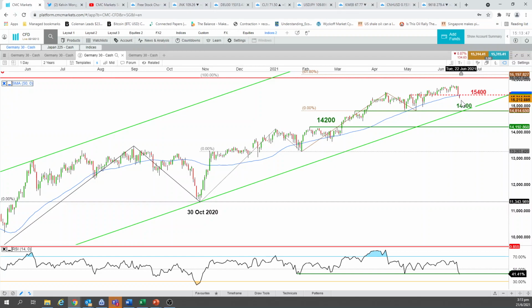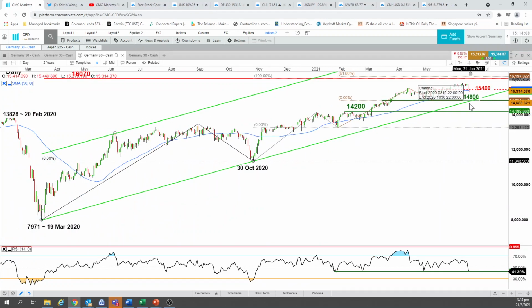What we could see is that the RSI did have a decisive break below the key support level that was holding at the 42% level. This gives me reason to be more hesitant to say that we could potentially see a down move to test 14,800, which was the swing low of 4th of May, as well as the ascending channel support of this major channel in place since the 19th of March 2020 low. So I will not be so hesitant to turn bearish from a weekly perspective towards 14,800.